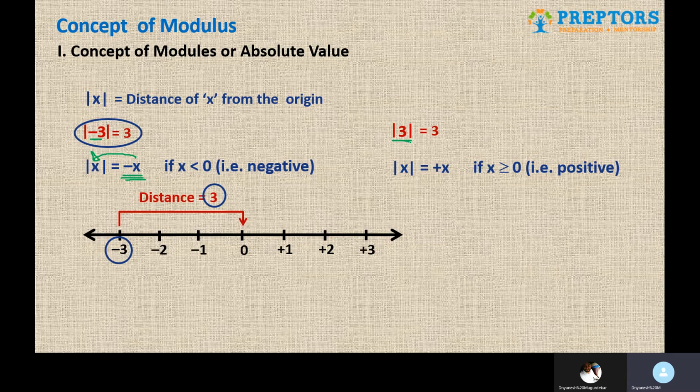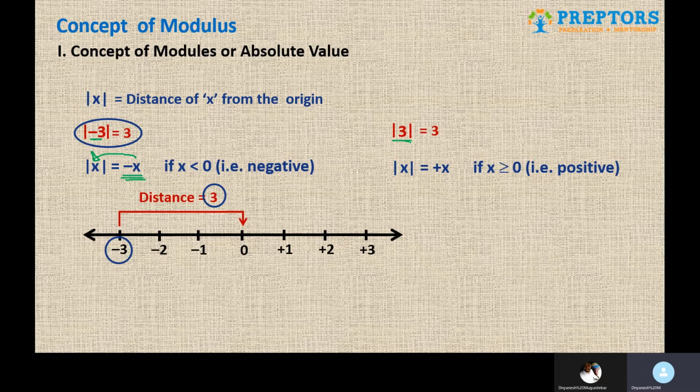Whenever you solve questions based on modulus, we always have to consider two scenarios. One is a positive scenario, assuming that whatever is inside the modulus is positive, so you remove the modulus sign and take it out as it is. The second assumption is that whatever is inside the modulus is negative, and when you remove the modulus sign, you have to assume it as negative. You have to change the sign, and then you have to solve. That is why these two scenarios.